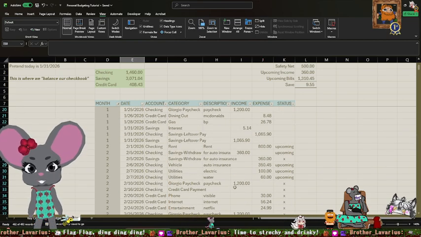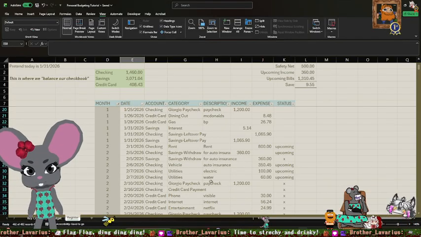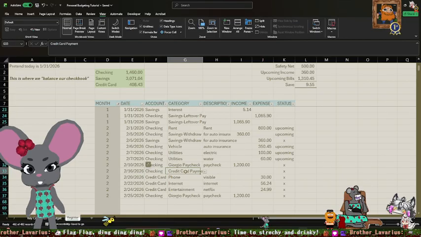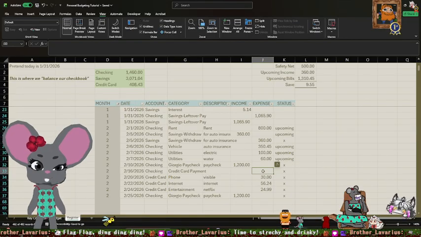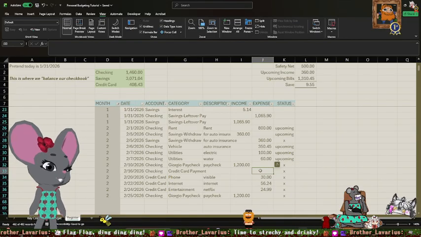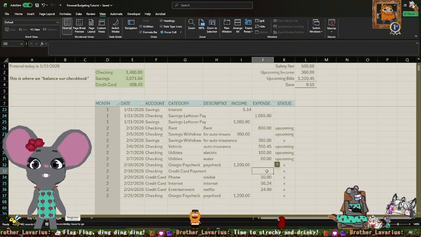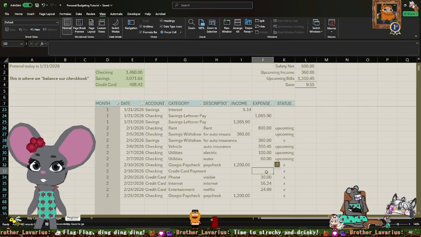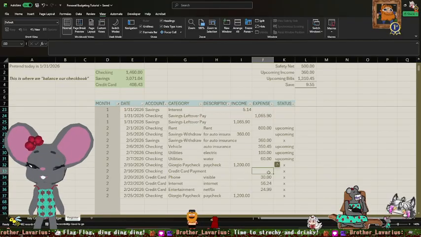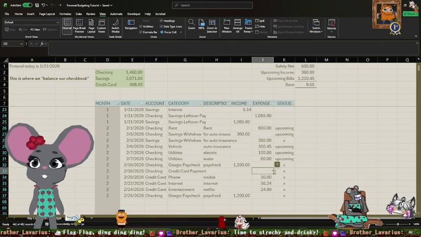Our credit card is going to be due, let's say, oh, I already put it in here. I put it in here, but I didn't put in an amount yet. So we can look at our credit card statement. It's going to total up all the transactions on your statement that's going to be paid with the payment amount. You want to pay the full payment amount. We talked about this last time. You do not want to pay less, because you will start incurring very expensive interest, and that's where you can get into trouble with credit card debt. So pay the full amount on the statement.